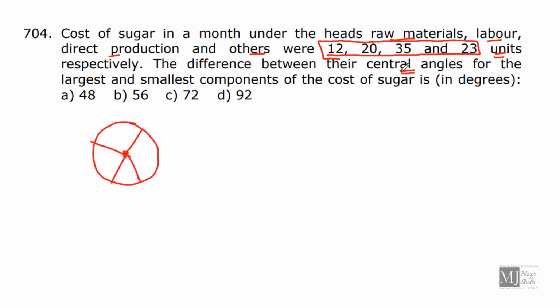That's why the term central angles is used. Now we know that the total central angle of any circular diagram is 360 degrees, which represents 100% of the data. The question asks about the largest and smallest component. The largest component is 35 and the smallest component is 12. So the difference between 35 and 12 is